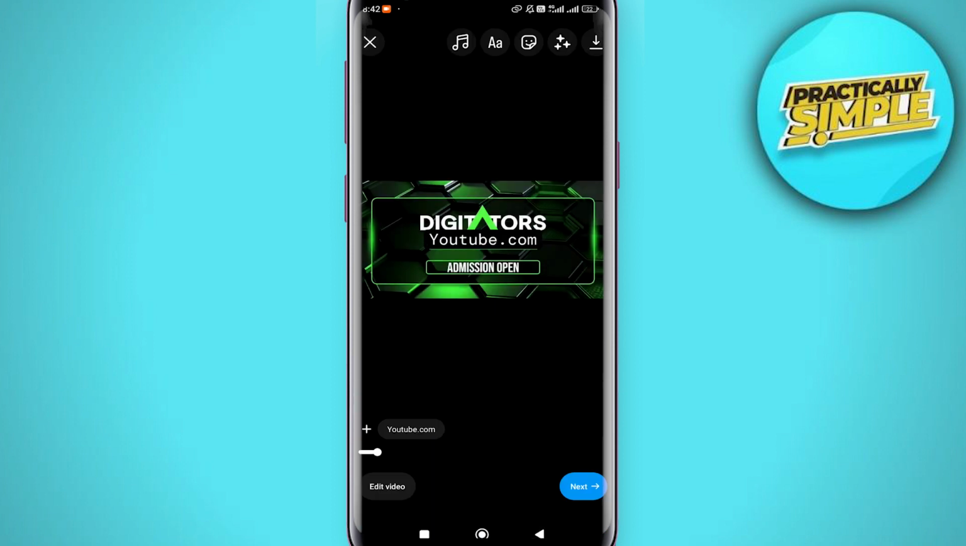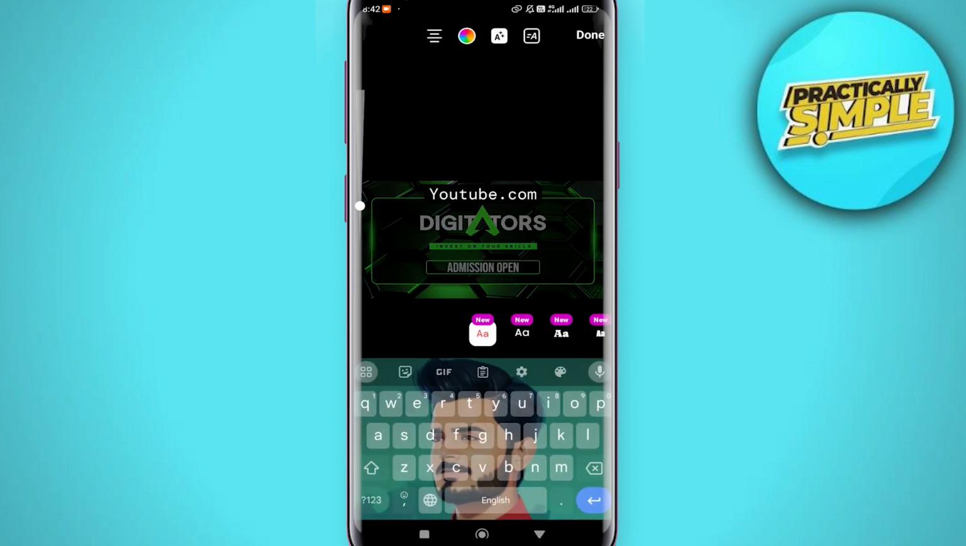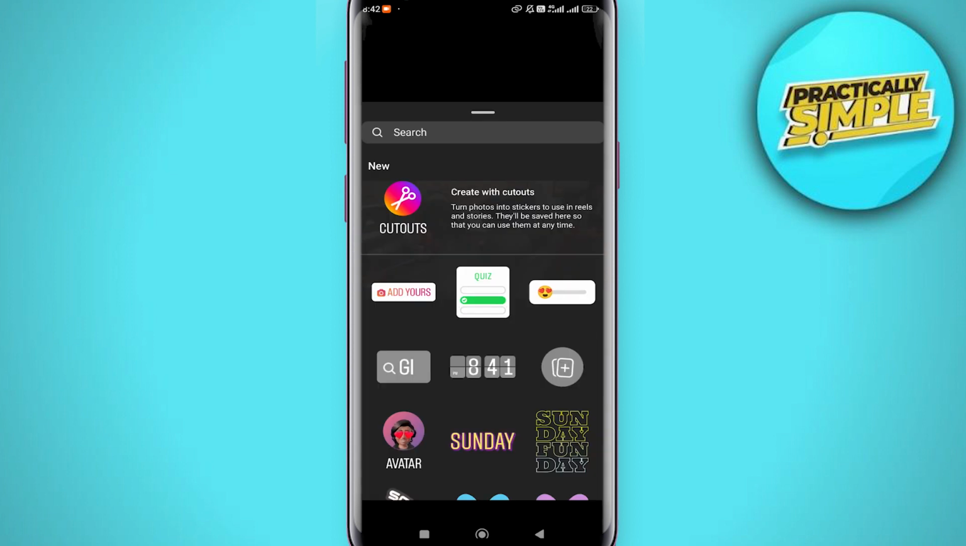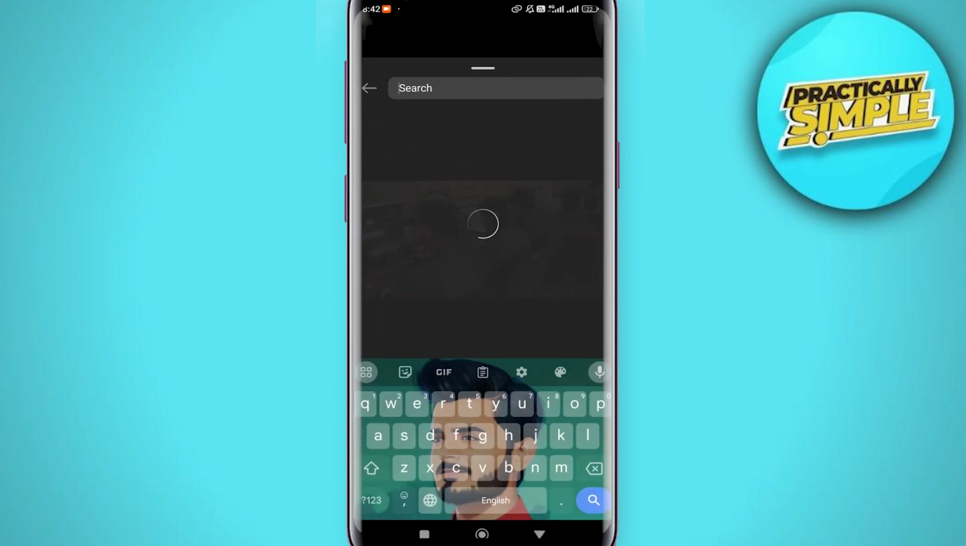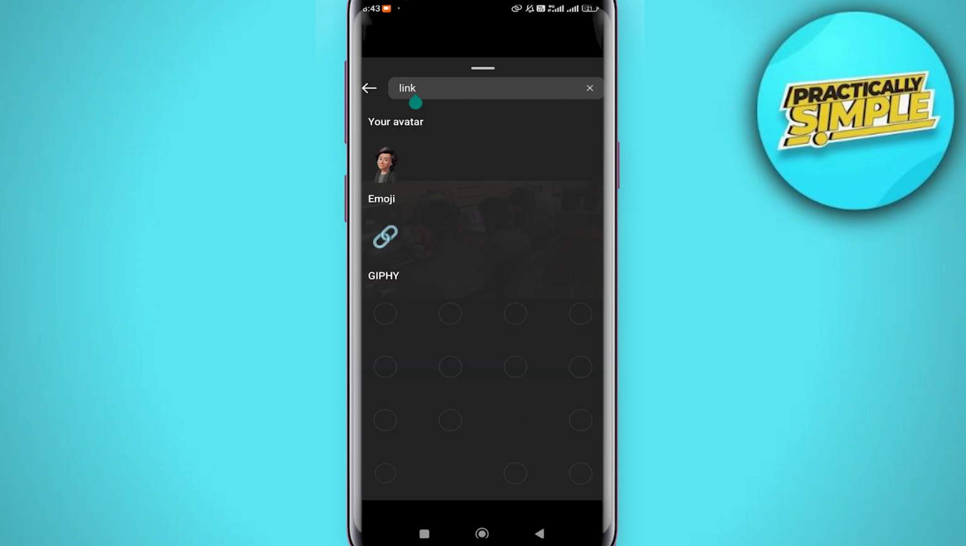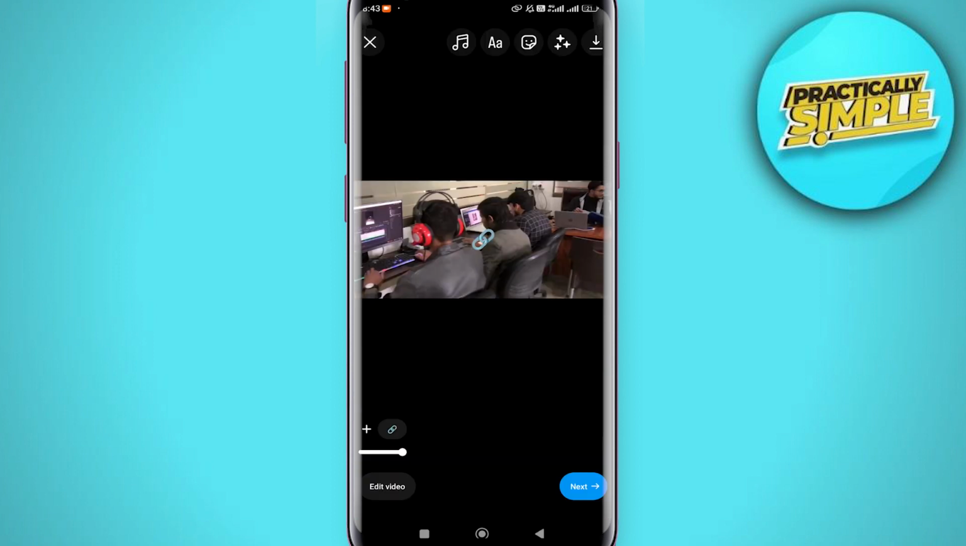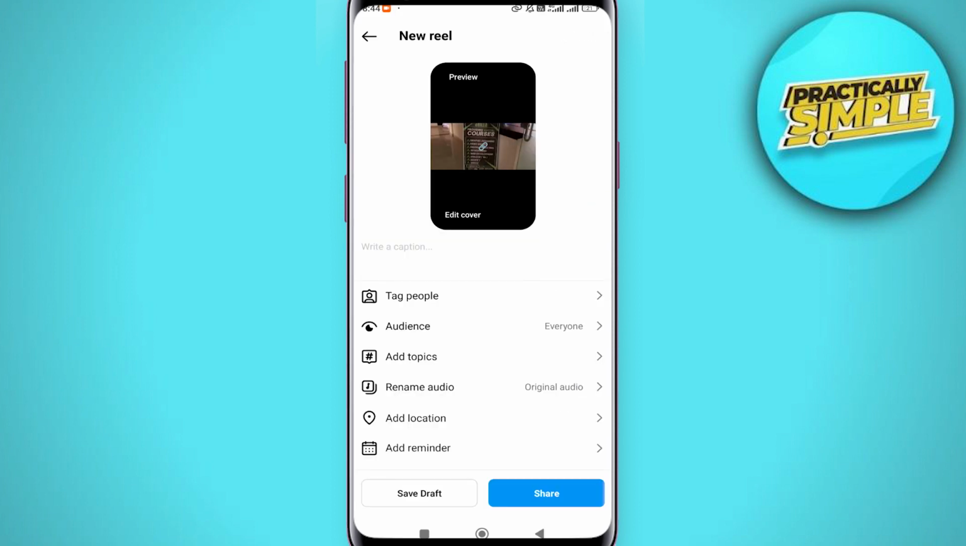So for this, what you can do is remove this one, and now click on the emoji sample, and then in the search bar you can search for this link and you will find many options. Let's say I want to choose this one, and now what you need to do is click on this next in the bottom right corner, and you can also of course write the link in